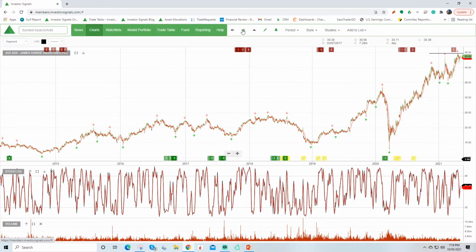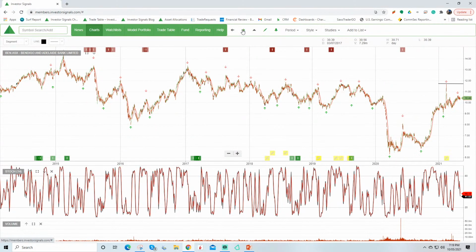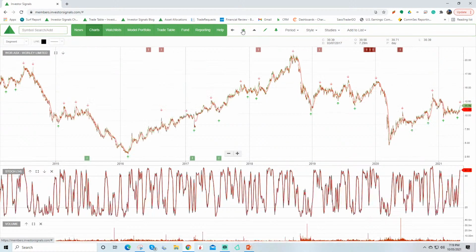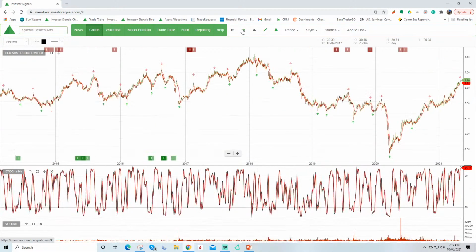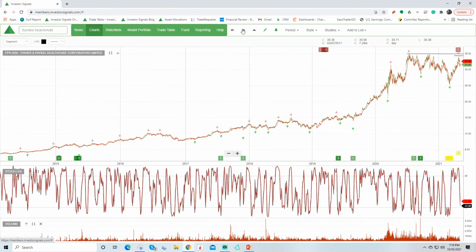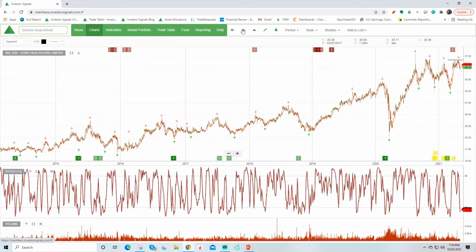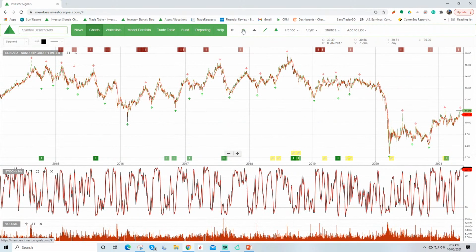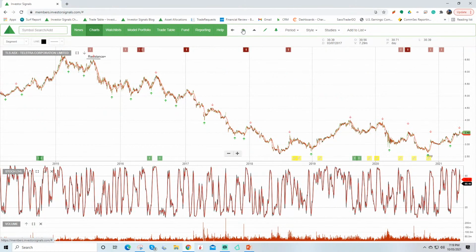James Hardie under sell conditions, but that will switch to buy later this year, and we'll look to add that back into models. Bendigo under sell conditions, Worley under sell. Boral under sell, but will switch back to buy conditions later this year. Fisher and Paykel is now under sell. We've taken profit there. That's been one of the better performing stocks. Sonic Healthcare we've taken profit on. Suncorp is now under sell conditions, so that was removed from the model portfolio.